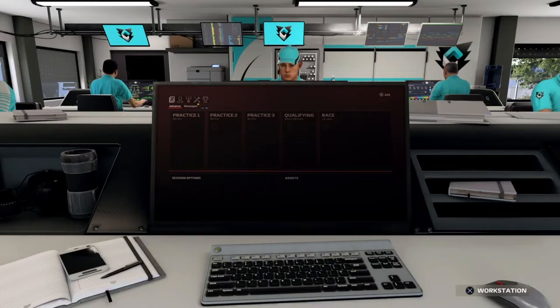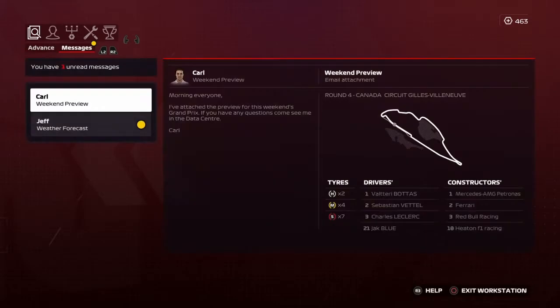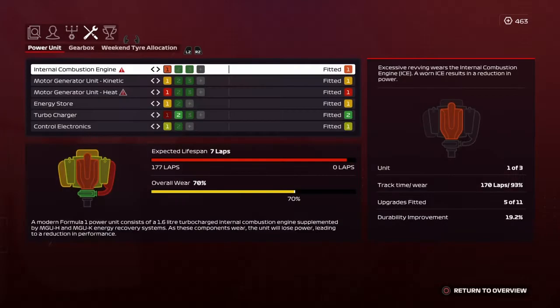Welcome back, everyone. We're going into practice 2 now. Just finished off practice 1, and after this we're going to have to do some engine stuff. So we need to change the internal combustion engine and motor generator unit. We have to change both of those,